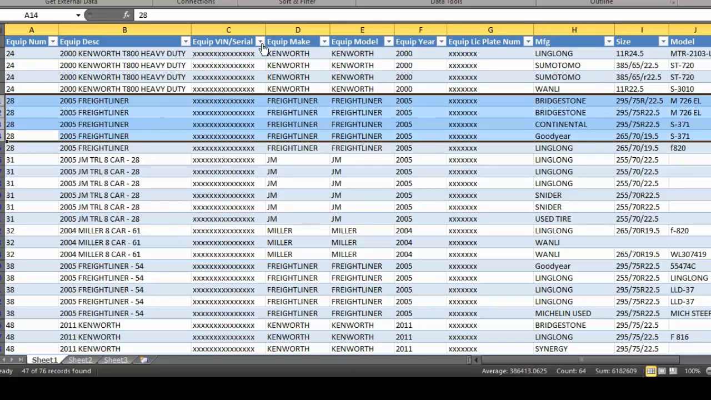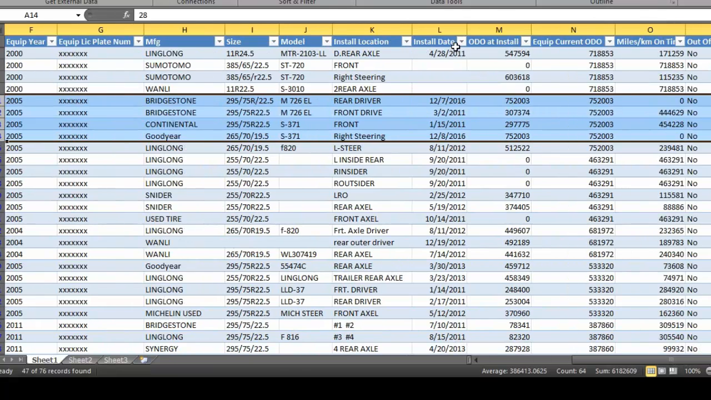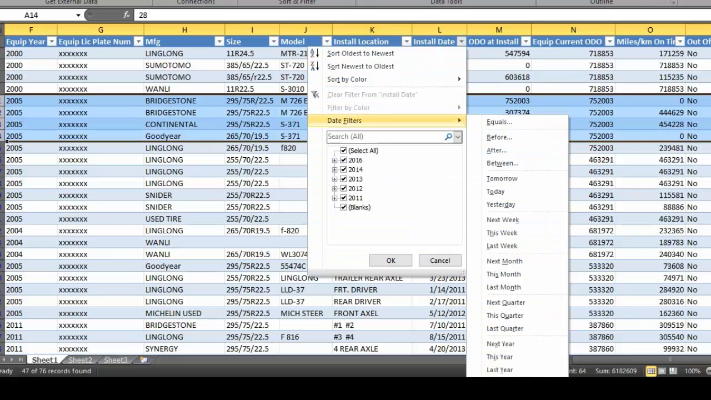And then you can obviously sort by these columns as well. If you wanted to look at stuff just installed over a certain date range, you could also do that by using the date filters here. Okay,